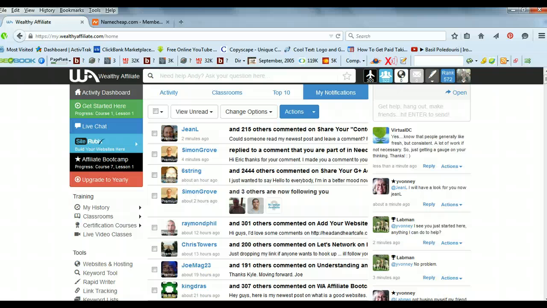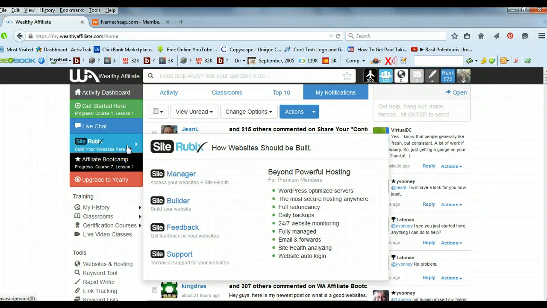This is the main area within Wealthy Affiliate where you can get all your notifications about what's going on. In this video, I want to ignore all that and literally go to the left hand side here where we've got site rubrics. Now under site rubrics, this is all the options to do with creating your own website online. The first part of the process that we're going to go through now is creating that website. The second part of the process is grabbing that domain that we made in the last video, pointing that domain at our website. So we go to site rubrics, and we've got a few options up. One of them is build your website, which comes under site builder. So if we hit go,